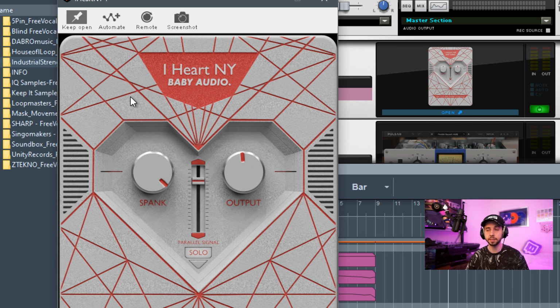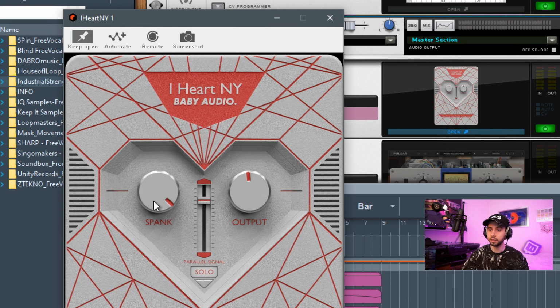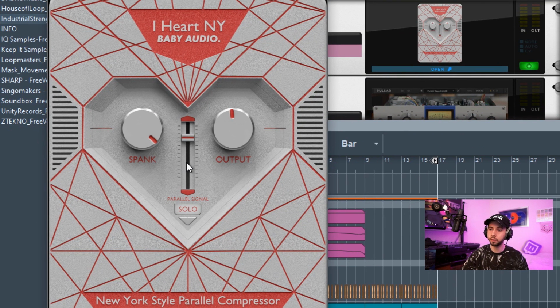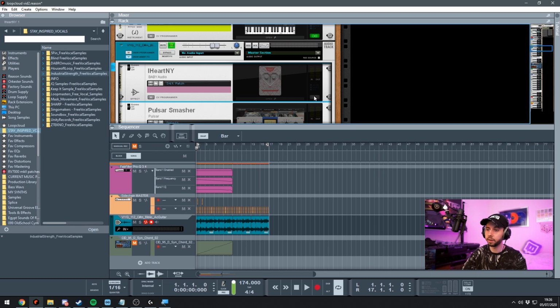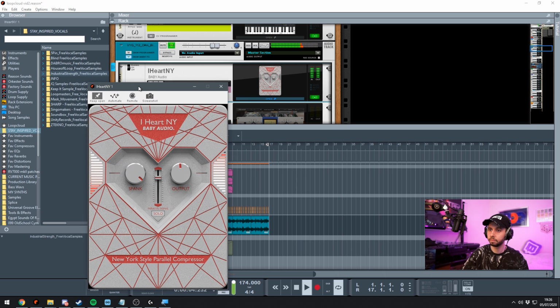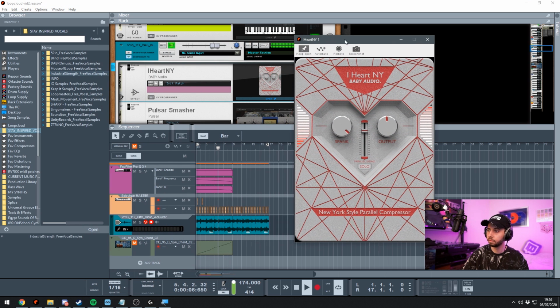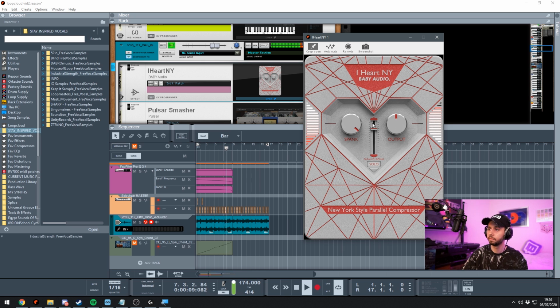So this is a parallel compressor. This can really fatten up a signal. You can actually start overdriving this quite hard. You've got the spank knob here, and then you've got your parallel signal knob, and then the output. So you can drive the output up as well and start to clip the signal. And you can solo the parallel signal as well. And it's just a nice sounding New York style compressor here. So I'm going to flick the parallel compressor on and you'll hear the difference. So as you drive up the parallel signal,